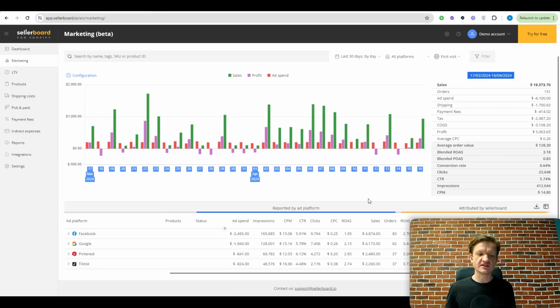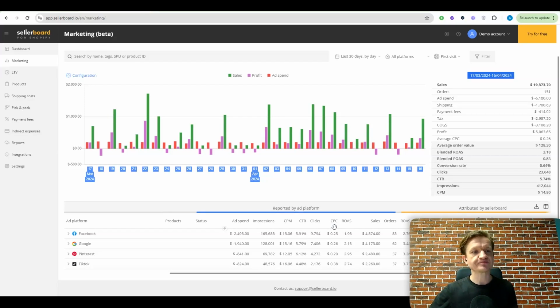Given the changes in iOS 14.5 and the latest changes in most internet browsers, the data in cookies and third-party data in general is not as relevant as it was before. This is why the attribution you normally see in your advertising account will not be as accurate as the attribution that we do with Sellerboard. Let me show you how it works.